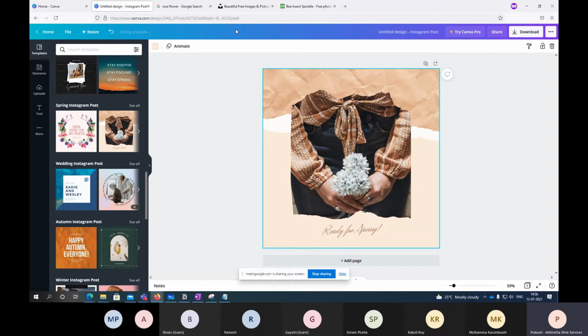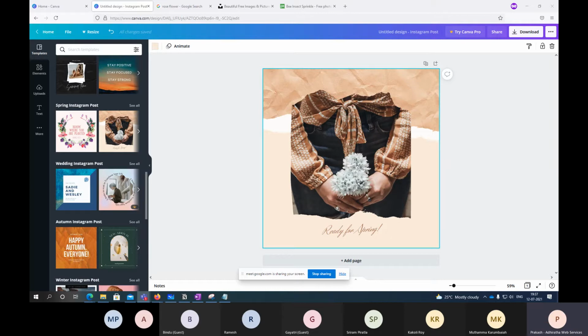Okay, now you guys will have a question. If not Canva, what are the other options? Someone might be having that question, right? Yes, there are other options available, like Photoshop. Now, if you want to learn Photoshop, it is not an easy job, right? Maybe any of you know what Photoshop is and how to use it?